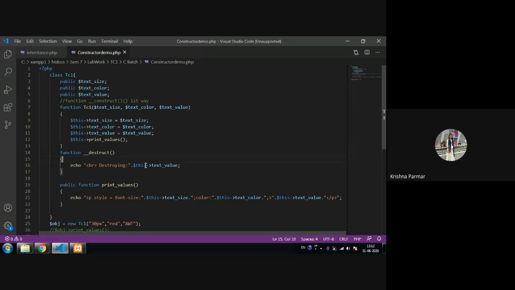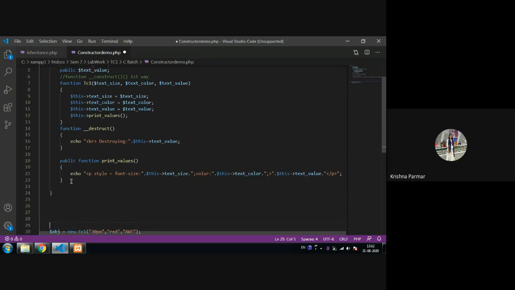So why do I first go for inheritance and then come back to the constructor? Because here we have to use this inheritance concept. That's why I first tell you the inheritance concept and then we go for it. Okay. Now, everything here you already covered in your previous file. Now here I'm creating another class, the same as a batch, and I'm extending it from the TC1 class.